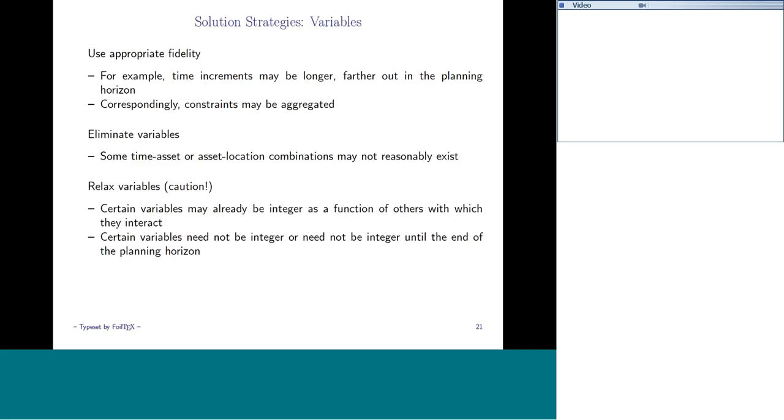Also, we might be able to aggregate constraints, such as those budget constraints, or there might be other constraints based on location that we could aggregate as well. We spent a lot of time looking at eliminating variables. So if you have a variable that has to do with all systems and time periods, you don't just want number of systems cross number of time periods variables in your problem.